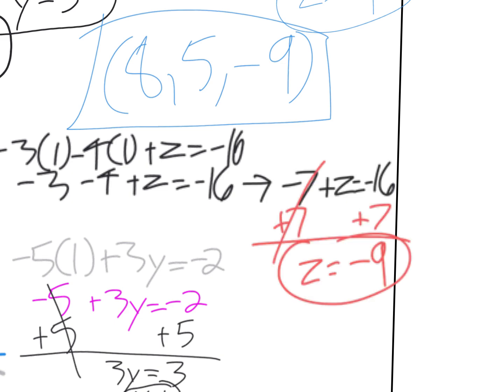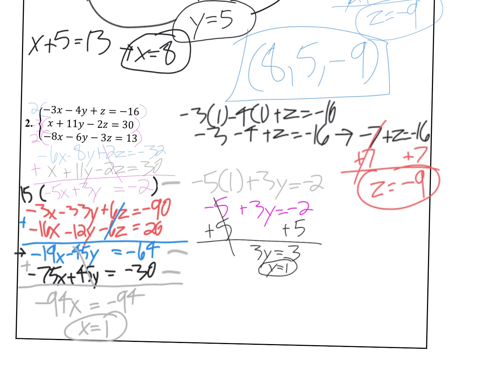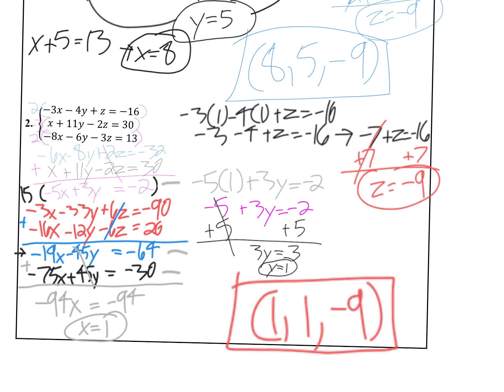So once you get z equal to negative 9, you have all three of your answers. So we just state our answer as an ordered triple: x is 1, y is 1, z is negative 9. And yeah, that's how you do elimination with